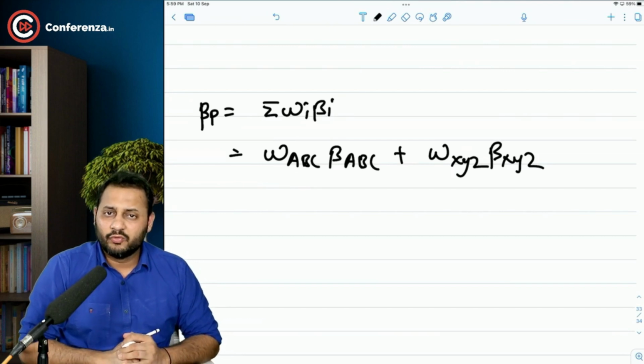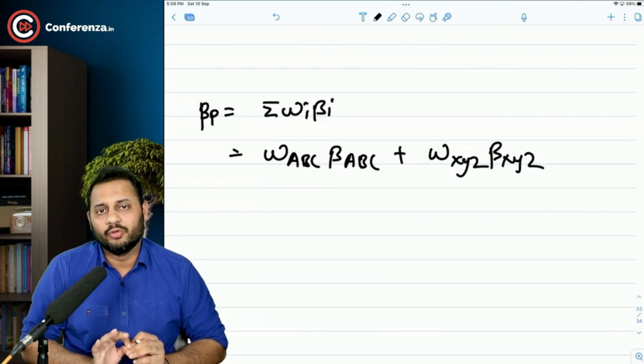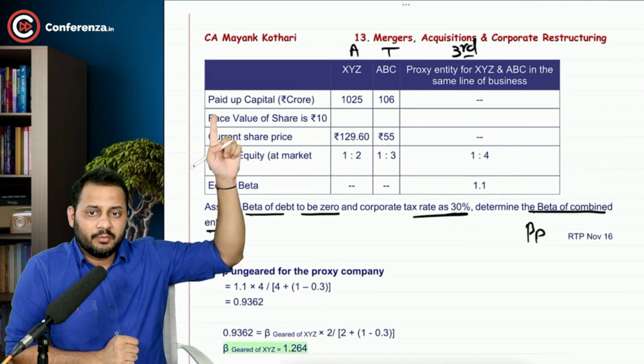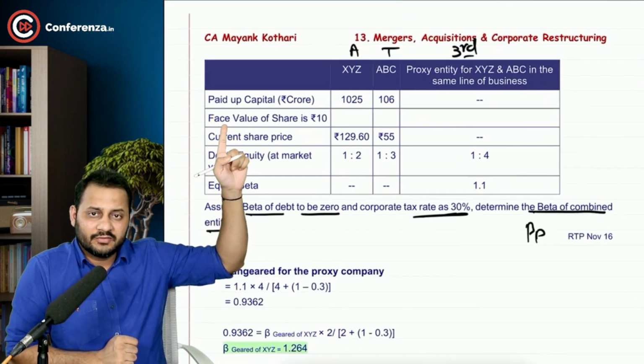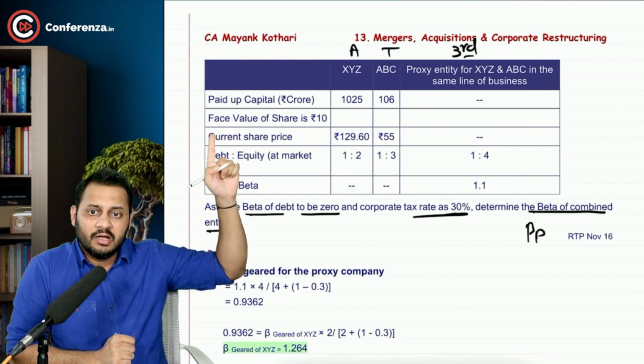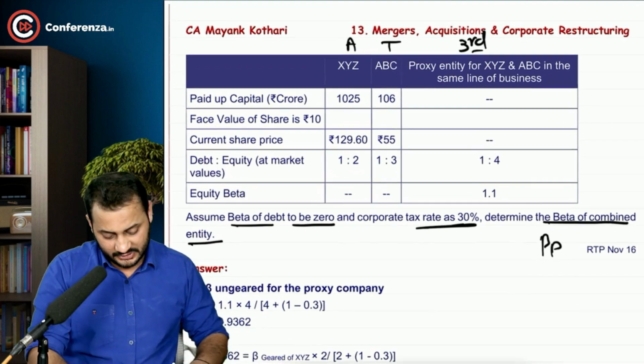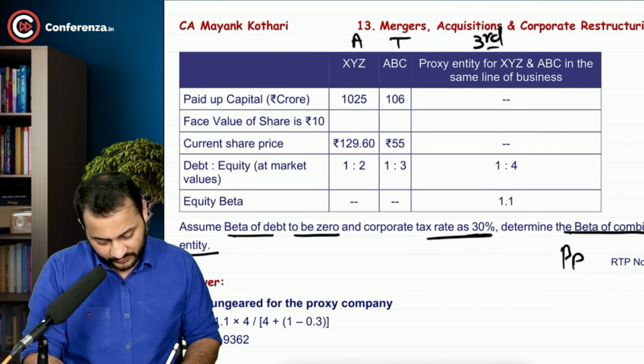First of all, let's focus simply on the weight of both the companies. How to calculate the weight, I will show you. You have the paid up capital divided by the face value. You will get the number of shares, multiply it with the current share price. You will get the market value of each company. Let's try doing it. So the number of shares will be